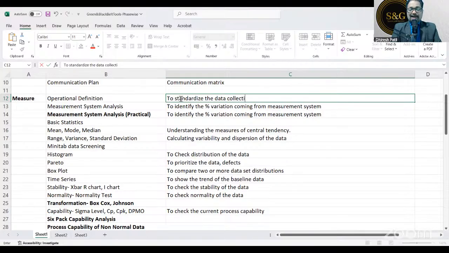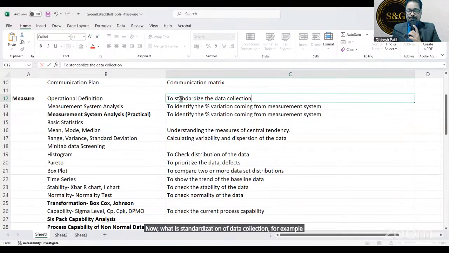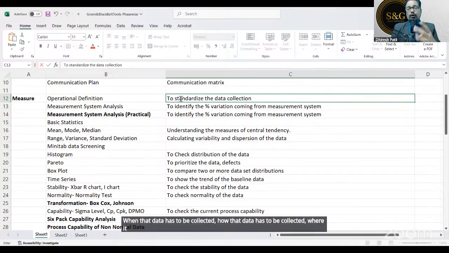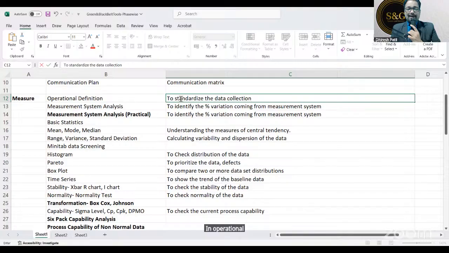Now, what is standardization of data collection, for example? So who will collect the data? When does that data have to be collected? How does that data have to be collected? Where will it be stored? How does it have to be analyzed? What is the frequency? All these things have to be documented in the operational definition so that there is no